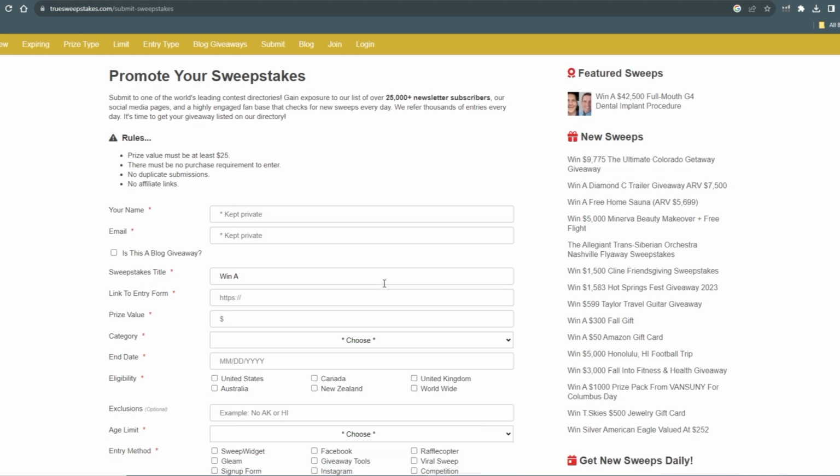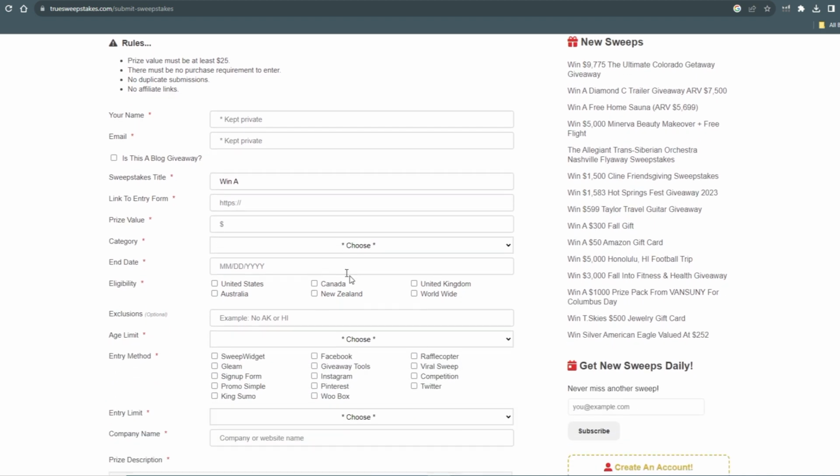feed in all your information. The very first thing they're going to ask you is your name. Like they say here, they are going to keep it private. I will just write my name OBJ, and they're going to ask you for your email address, and also they're going to keep your email address private. And here where it says, is this blog a giveaway, you want to click on that button because we're actually